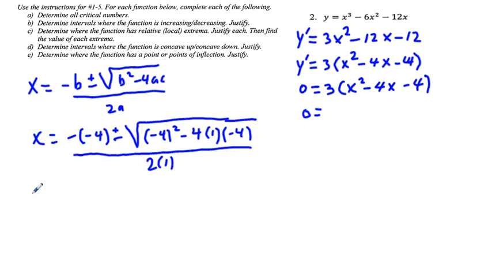So we have x equals 4 plus or minus, -4 squared is 16, and we have -4, so we're going to have the square root of 32